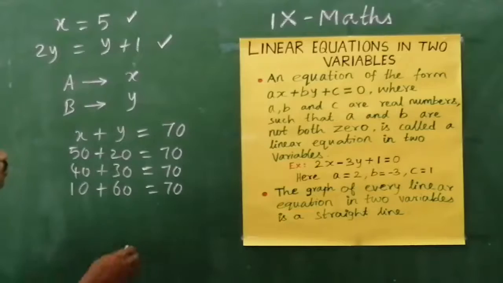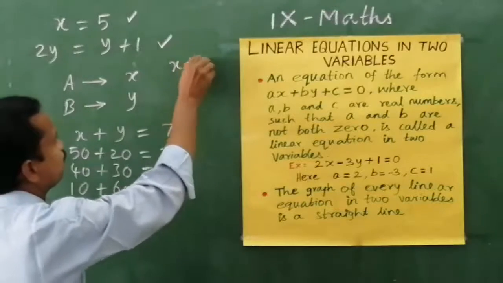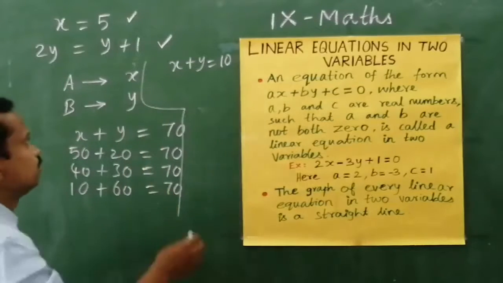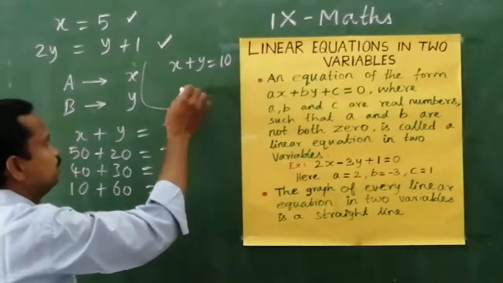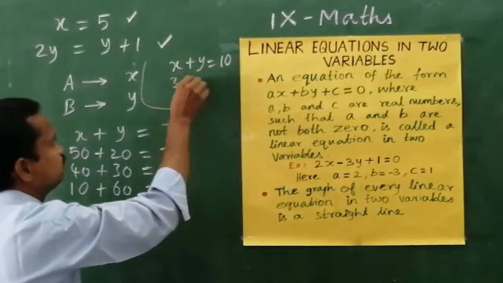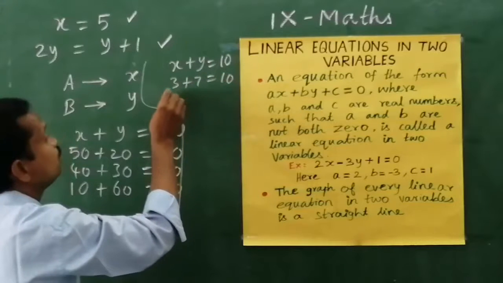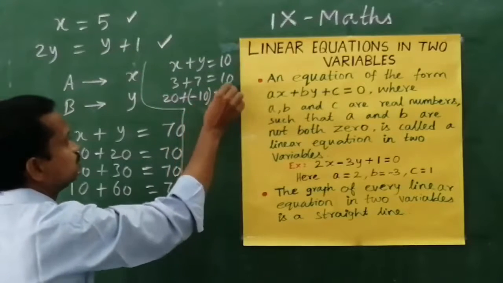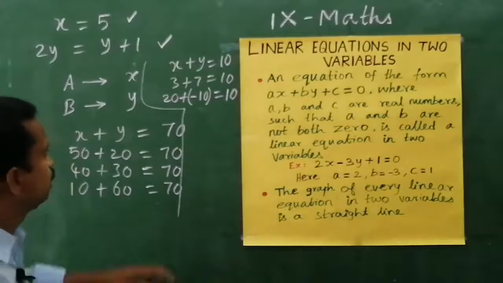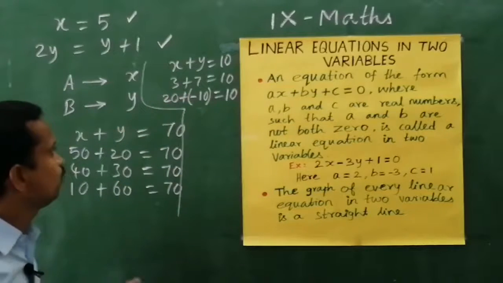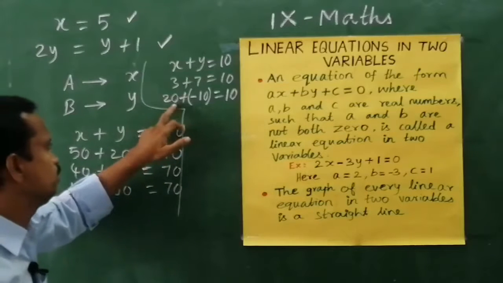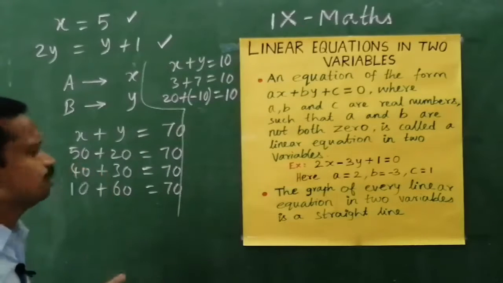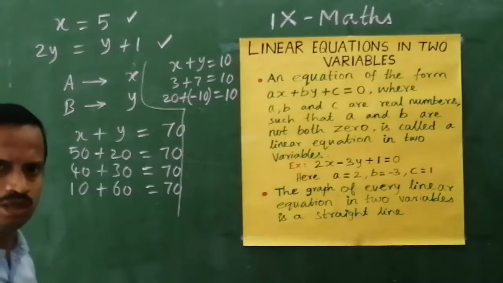For example, if you take another example, x plus y equals 10, this is a playing game. For example, two variables whose sum is 10. So, you can have 3 plus 7 equals 10, or 20 plus minus 10, that also equals 10. So, both may be positive, or one may be positive and one may be negative, and the value comes to 10. Like that, any kind of value we can give, and different values will come for x and y.